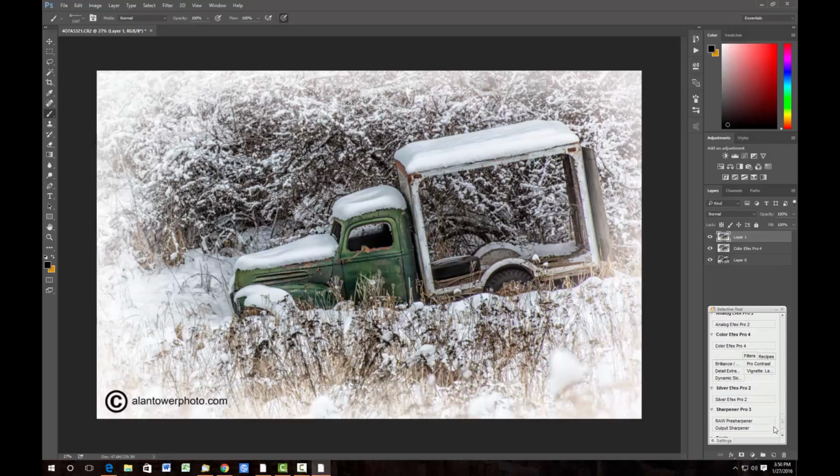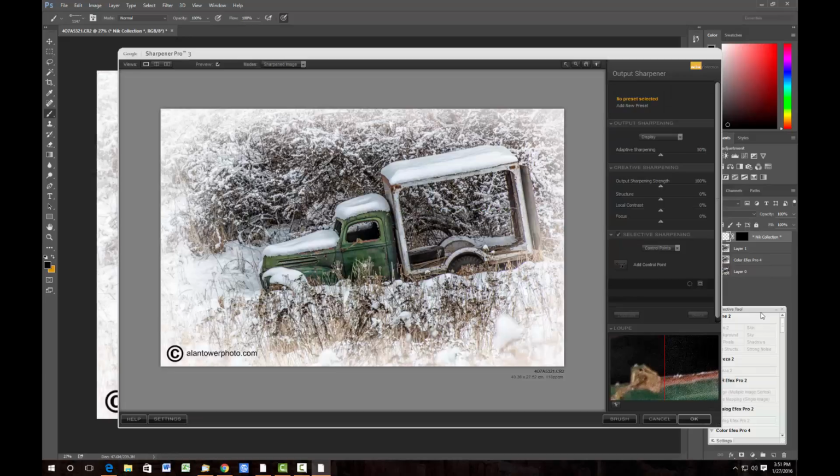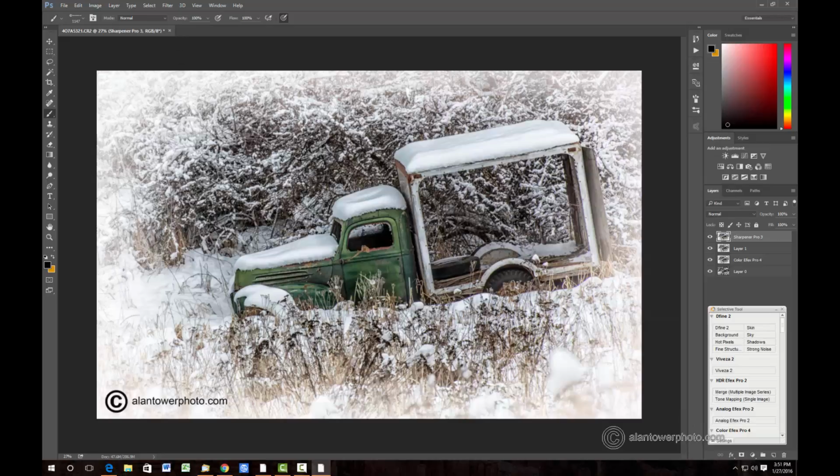If you want to do just one more little tweak, the output sharpener is down here, and if you just click that and allow it to do its default thing, you can change the sharpening strength with the slider and do whatever you want, but its default is generally good. So if you want to give it just that little extra crispness, give it the output sharpener at the end. And that's it. That's the entire method of doing this,